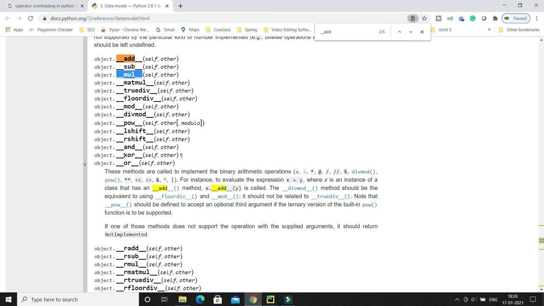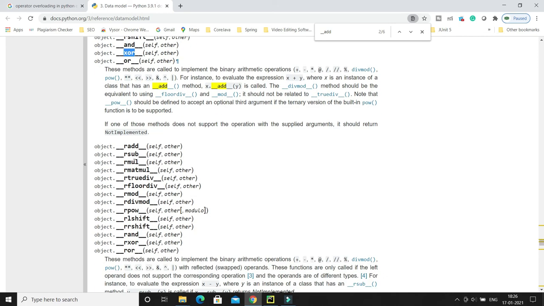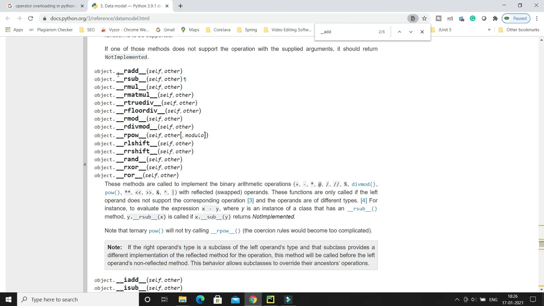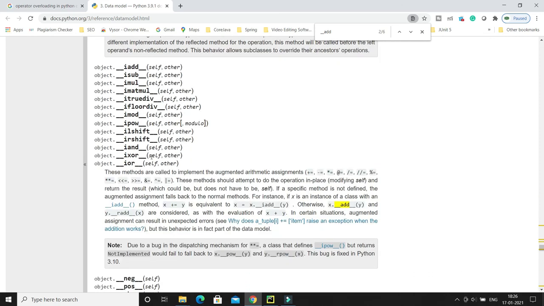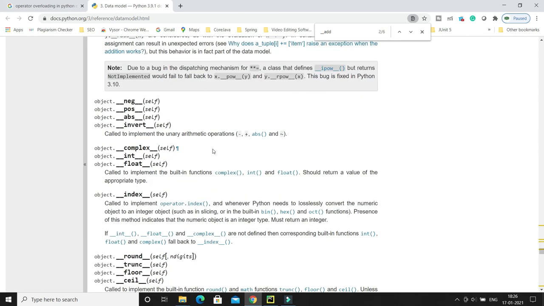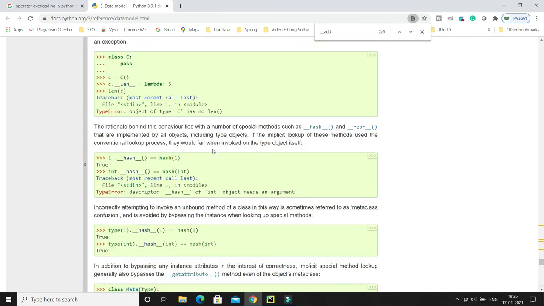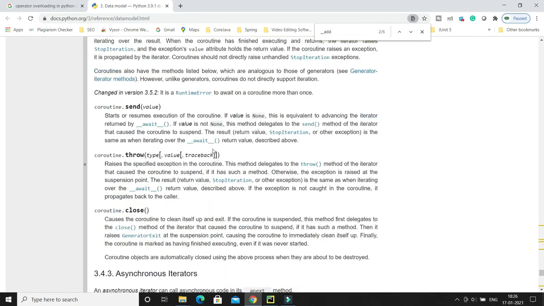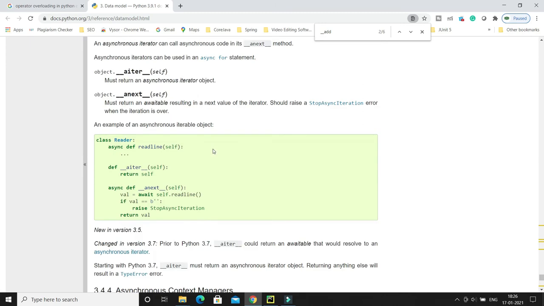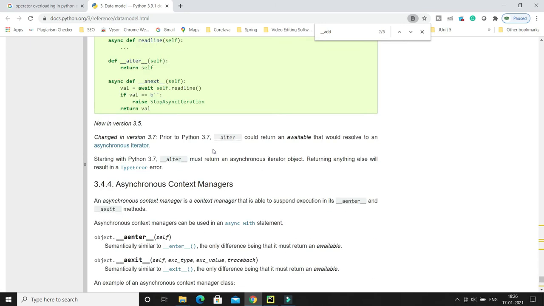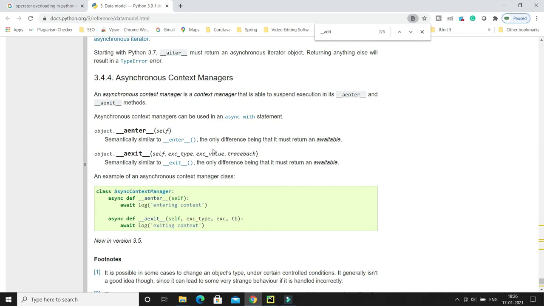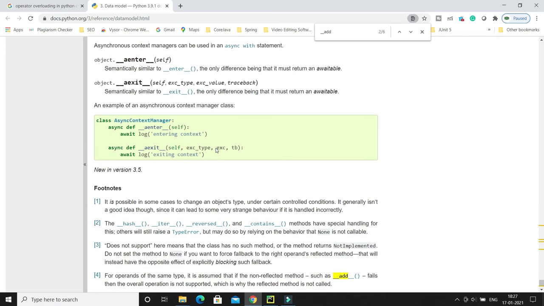Similarly, you have many others, XOR and so on. So here you can see a lot of things, you can go over this documentation. This documentation gives all those ideas, what methods you have to override if you want to give special meaning or perform a special operation for your custom object, right?